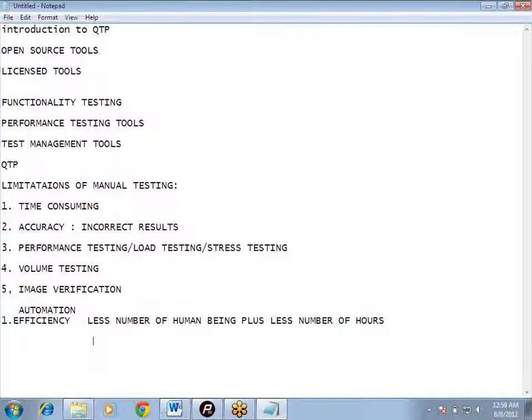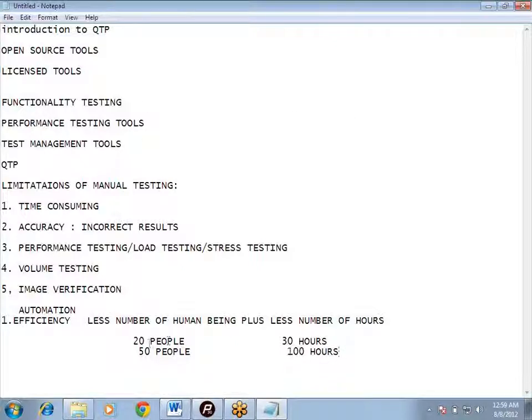Suppose in a project for automation, 20 people are working for, let's say, 30 hours. But for the same project, if we go for manual testing, let's say 50 people are working for 100 hours. This is just an example.